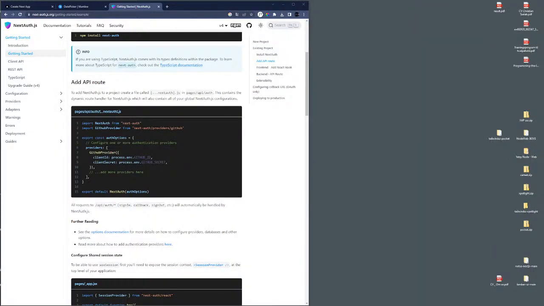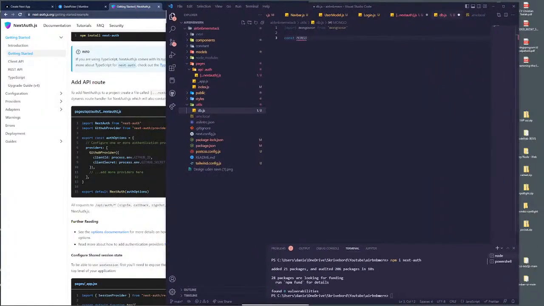Let me just check real quick because I have my password in there. Yes. MONGODB_URI. process.env.MONGODB_URI, and then we say if